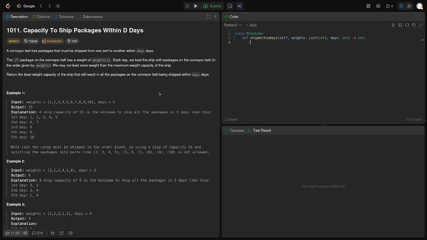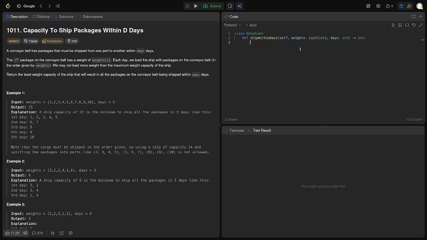What we can do is binary search. The condition for binary search is that the answer to some question is monotonic: false for everything and then true from some point on. What is the question here? Given some capacity, can we do it in this many days? Are the answers monotonic? Well, if we can do it with capacity 10, we can do it with capacity 11, 12, 14, whatever. So boom, we got binary search on the maximum capacity.